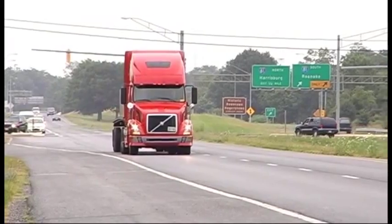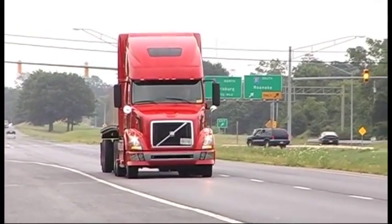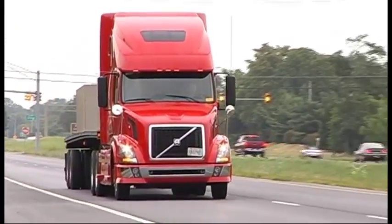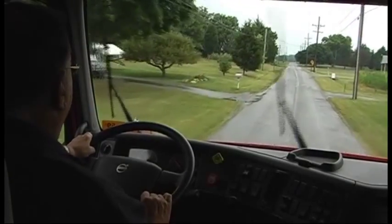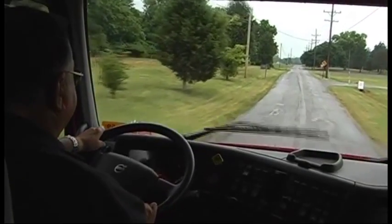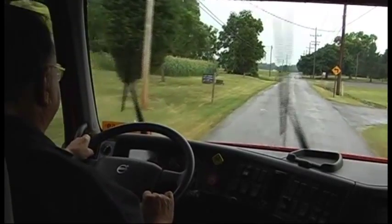So you've got this Volvo with 2010 emissions to drive. What do you need to do to get your truck from point A to point B without having a problem on the road? Here are the basics. Compared to trucks built before 2010 emissions, the main differences you'll notice on your new Volvo are the DEF tank